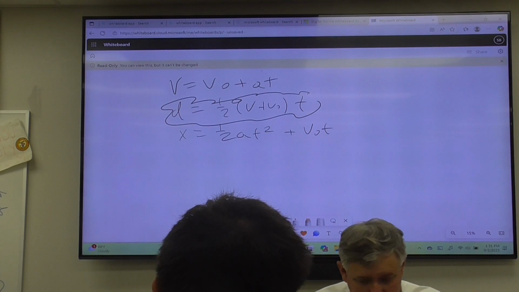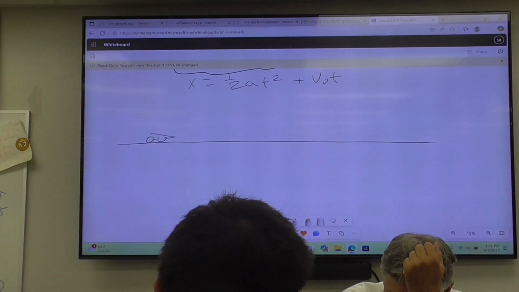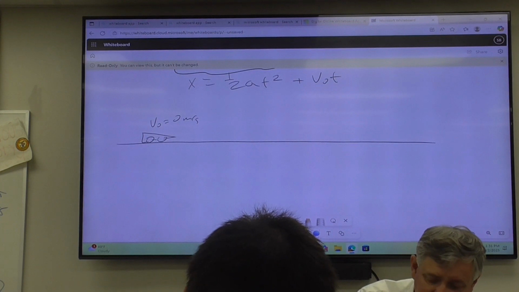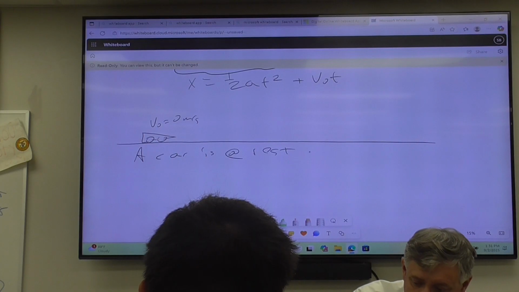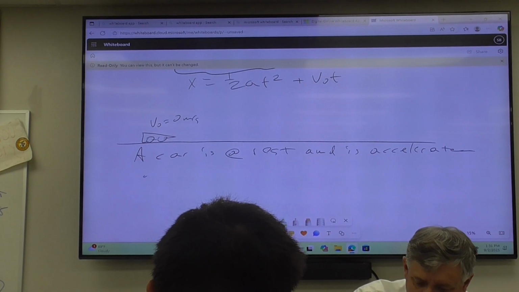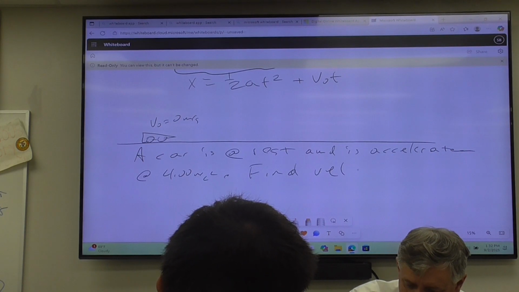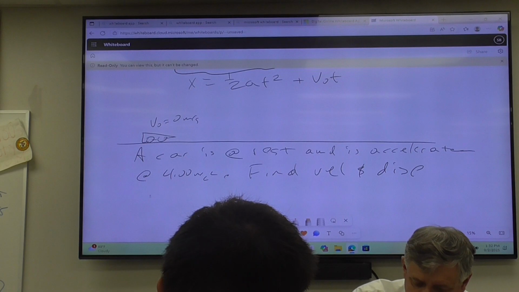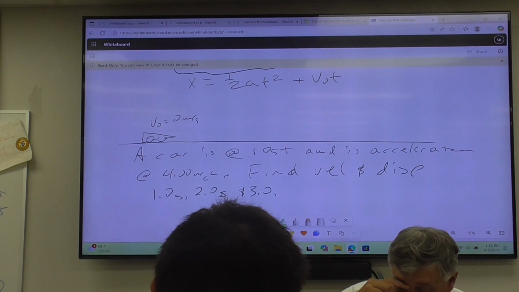Okay, so let's look at a situation. You're going to have the world famous carrot car with an initial velocity of 0 meters per second. So here's how this would play out. I would say a car is at rest, because these are all word problems, and is accelerated at 4 meters per second squared. Find the velocity and displacement at the end of 1 second, 2 seconds, and 3 seconds, and then